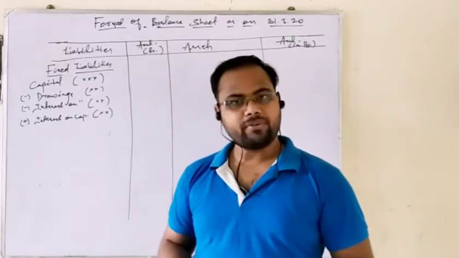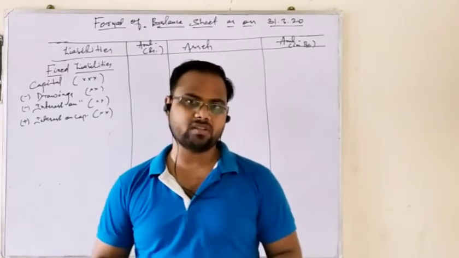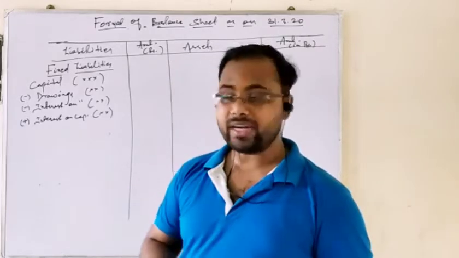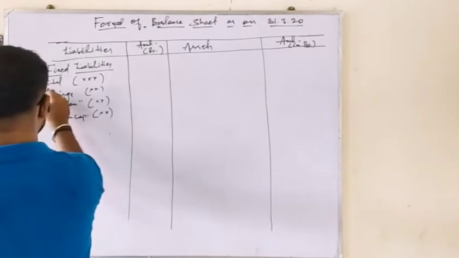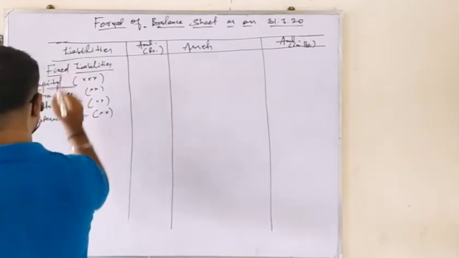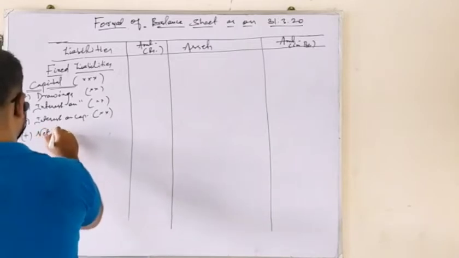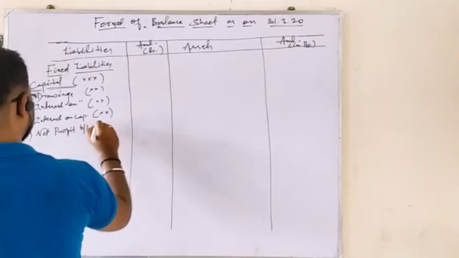Okay, when you prepare the profit and loss account, after proper comparison between the indirect incomes and indirect expenses, you get either net profit or net loss. So if there is net profit, it is added to your capital account. I am underlining it for better understanding. So if there is net profit, it is added to the capital account. You can write it as net profit brought forward.